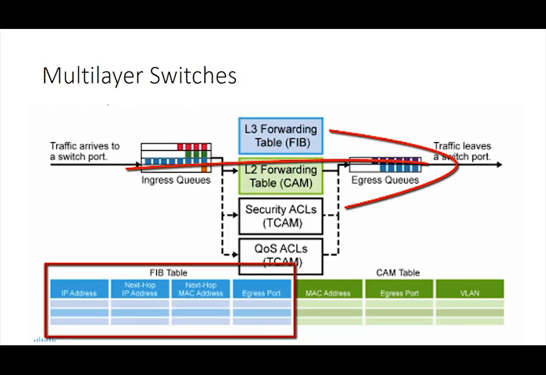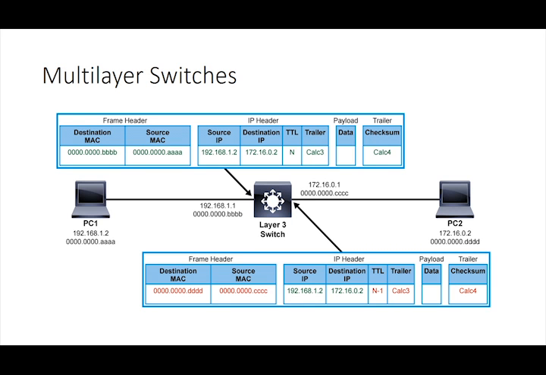For the incoming frame, the destination address will belong to the layer 3 switch. The source address would be that of the device that sent the frame. As the frame leaves the switch, the header will be rewritten, and now the source address will be the layer 3 switch, and the destination will be the address of the next device as determined by the TCAM and CAM table